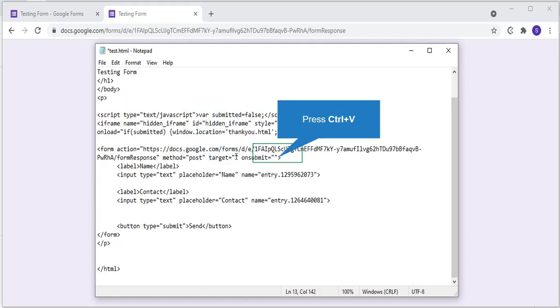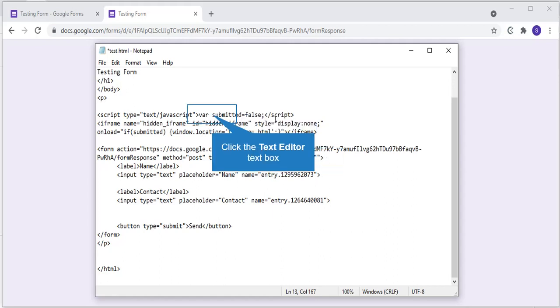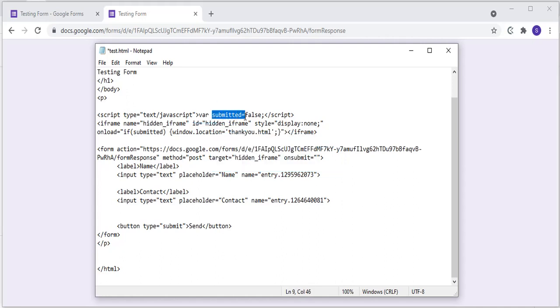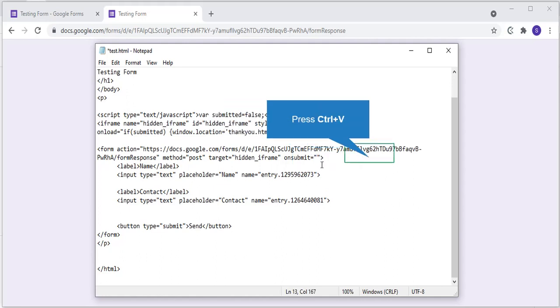Let's copy. And onsubmit we have to change the value of this variable from false to true. I am changing it to true.